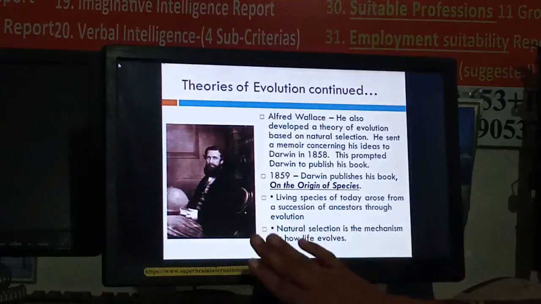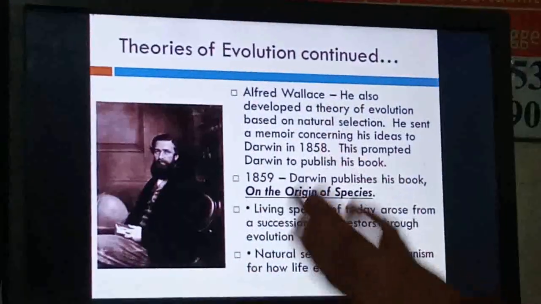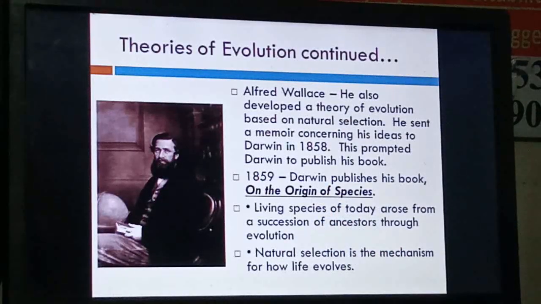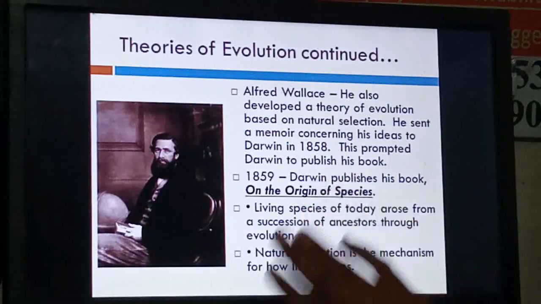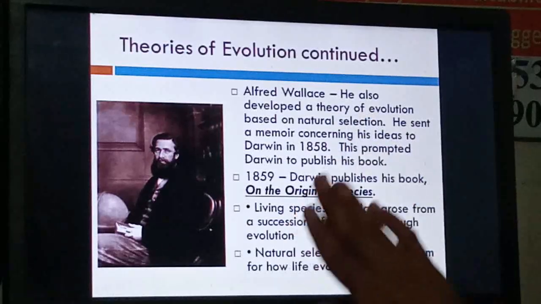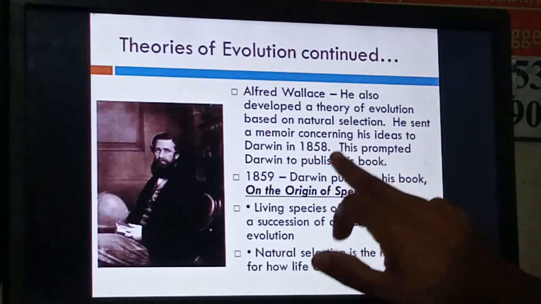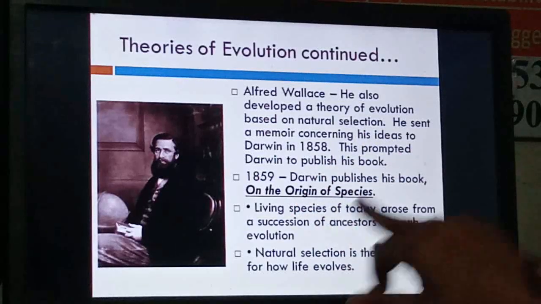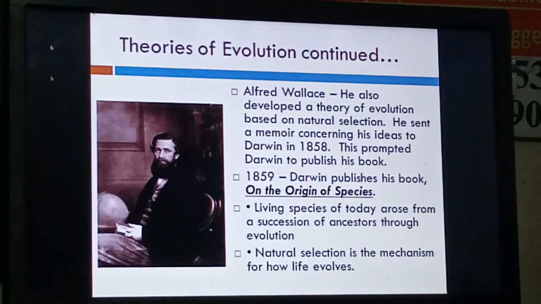Like Darwin, there is another scientist, Alfred Wallace. He has also given a similar conclusion. Actually, he worked on maize, and he also concluded that variations are there in the species, these evolve slowly, and because of these variations new species are formed. At the same time, Darwin wrote and published his book on the origin of species.